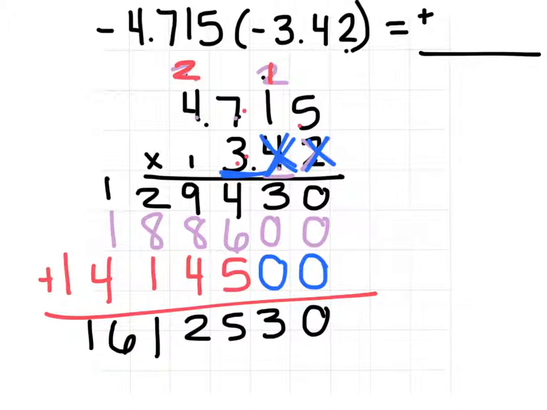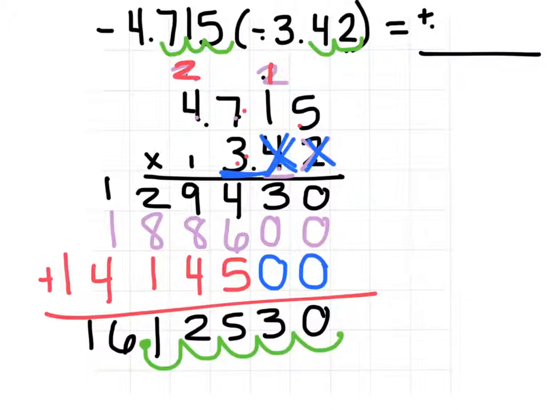Final step, we need to go back to our problem and count our decimal places in the original. Now, you can see on mine right here, I've got little dots all over the place from when I was doing my work. So I go right back up to the top here and I say, okay, we've got 1, 2, 3, 4, 5 places after the decimal in the original problem, so I need to start at the end and move 5 back. 1, 2, 3, 4, 5. Okay, so our answer here, which we know now is a positive because we had a negative times a negative, is